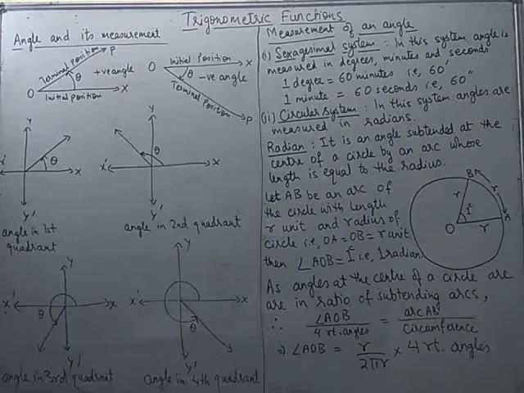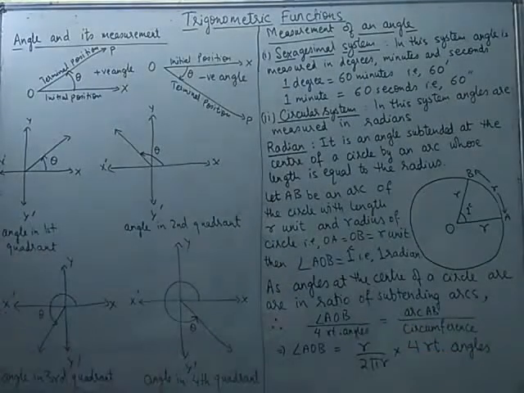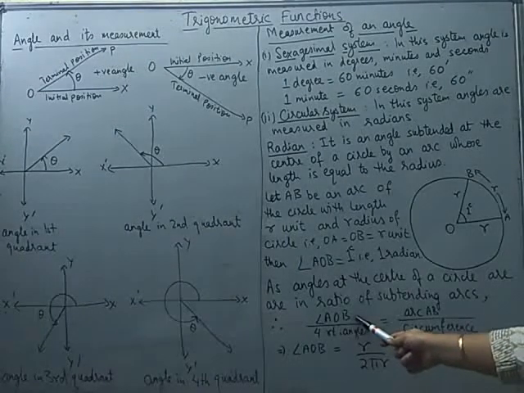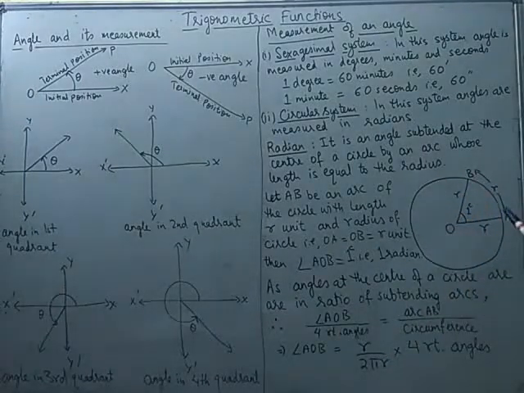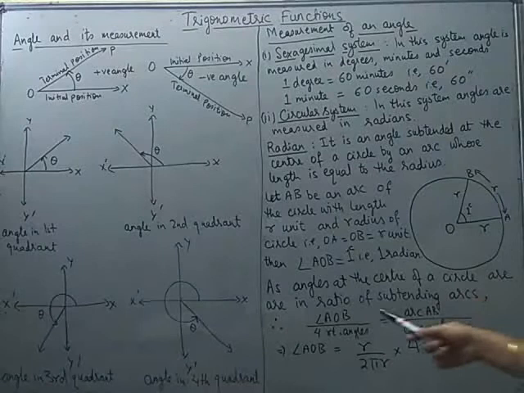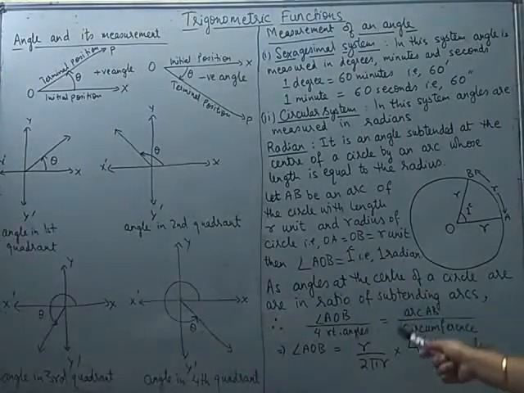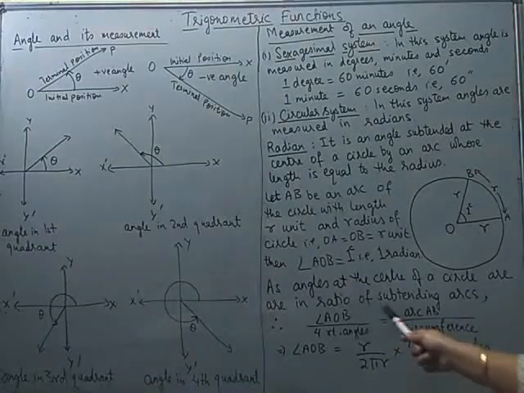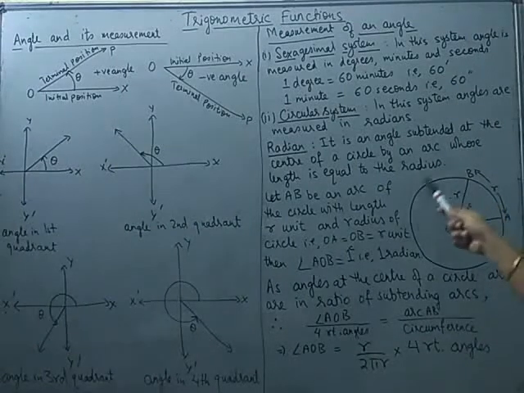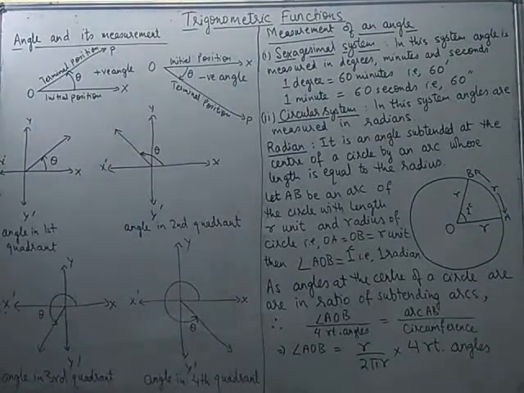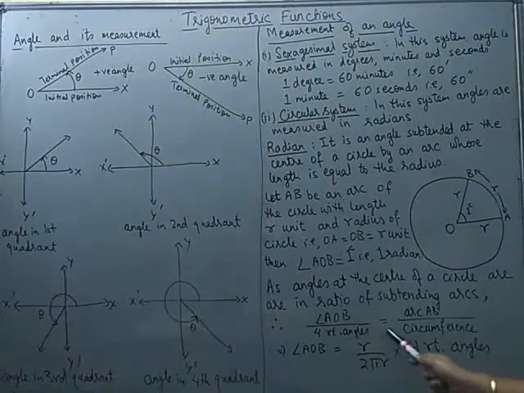Now using the relation, see, this is the ratio of the angles by both the arcs and this is the ratio of the arcs. So in the numerator I have taken angle AOB, which is made by this arc. In the denominator I am writing 4 right angles. 4 right angles means 90 degree how many times? 4 times. That means an angle of 360 degree. So the ratio of these two angles will be same as the ratio of their arcs. Angle AOB is made by the arc AB and these 4 right angles can be obtained when we complete the circumference of the circle. So angle AOB can be written as this ratio multiplied by 4 right angle.